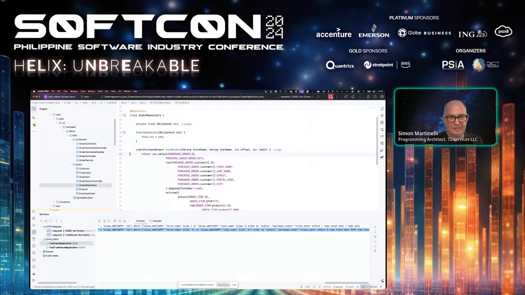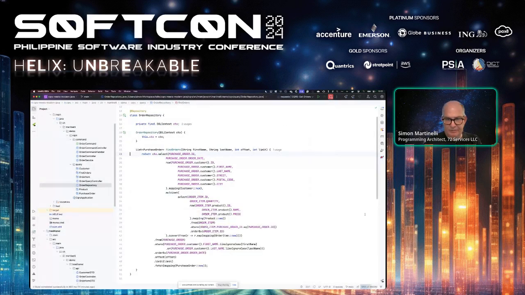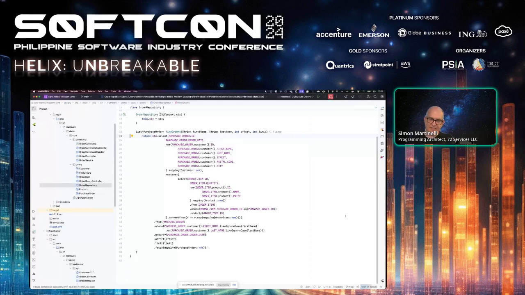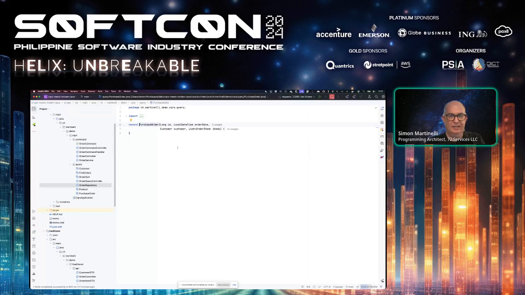So let's have a look at the repository. And here we see that we also have this with SQL, so this nested element. And let's go through the query. We select the order ID and the order date. By the way, the purchase order that is returned is a record. It's also kind of a DTO. I just don't call it DTO because it's just purchase order. That's fine for me. The customer is also a record, and the order item is as well a record. And we have also then included the product. So the structure is more or less the same as with the traditional implementation, but this time in records